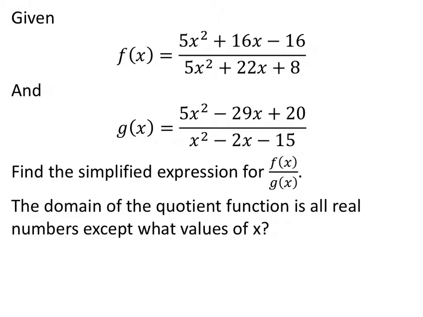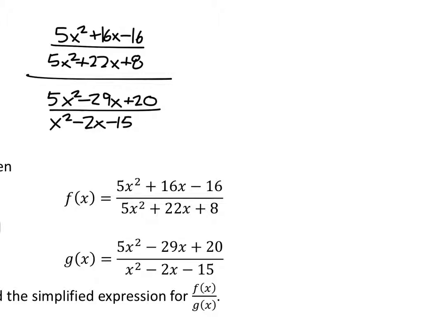Given these two functions, we're going to find the simplified expression for f of x divided by g of x, and then we'll find excluded values of the domain, the values of x that are excluded from the domain. So the first thing we need to do is write this as f of x divided by g of x, but we're going to write them as expressions. So if we were to write it as a fraction, this is what we'd be looking at, but,